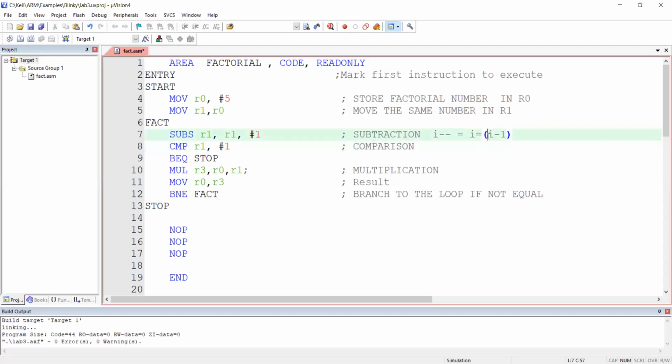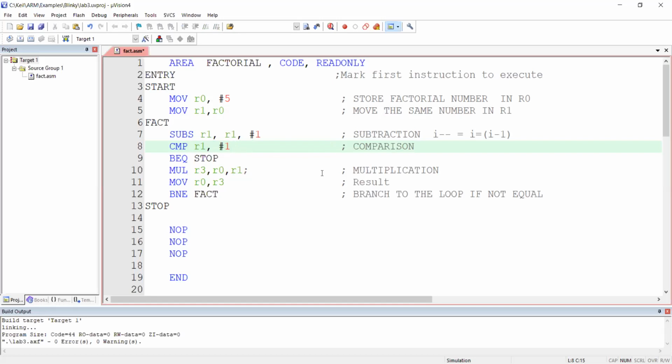So for the decremented value, I should not use a new variable. I have to use the same variable. Then only will I get the meaning of I minus minus. So the source is the same, the destination is also the same. What is the final state where I should end up decrementing? I should end up decrementing at 1. Once I reaches 1, that is the last. If you allow I to reach 0, the whole product will become 0.